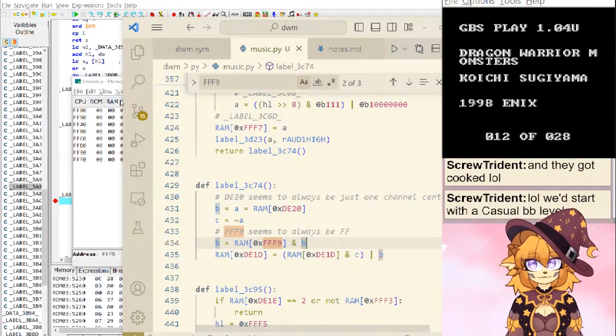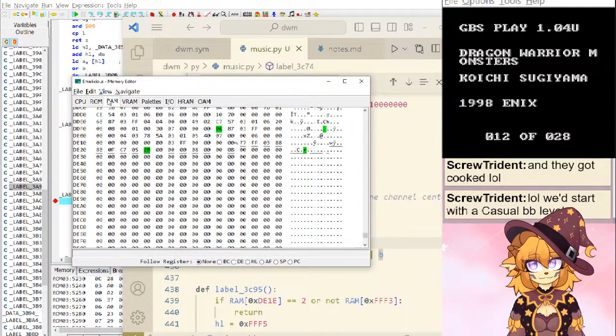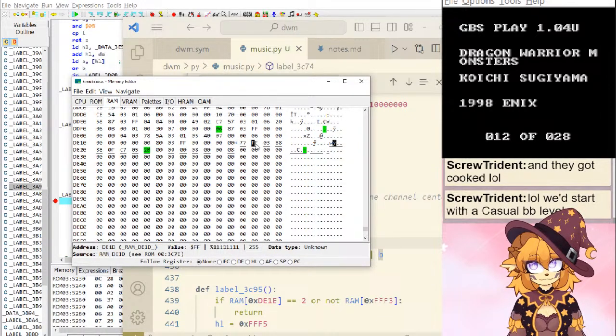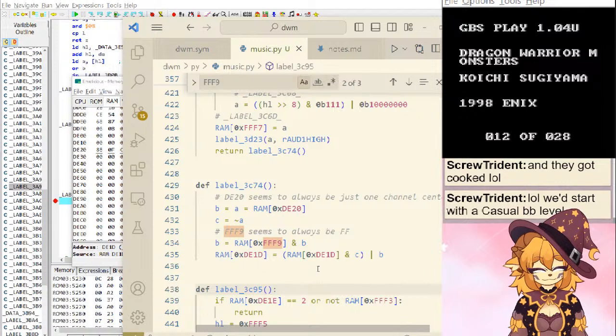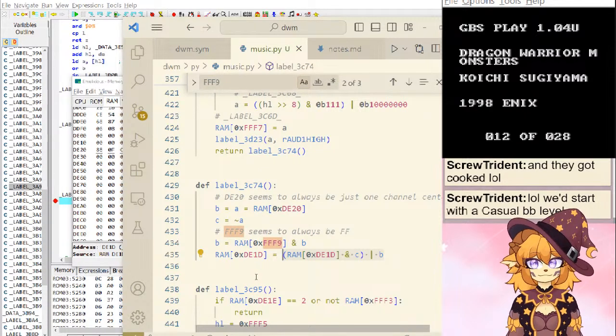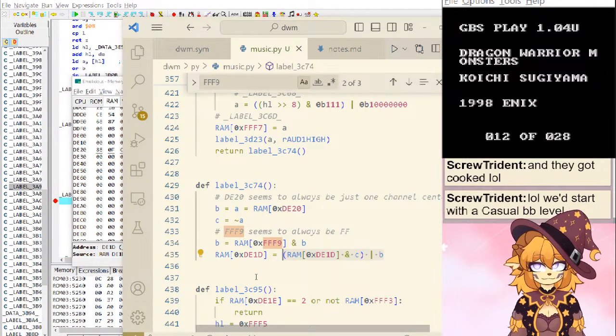Look at the E1D as well. I did not do that. The E1D. So assuming that's FF, that's always going to say FF. But if it wasn't, it's overly complicated.